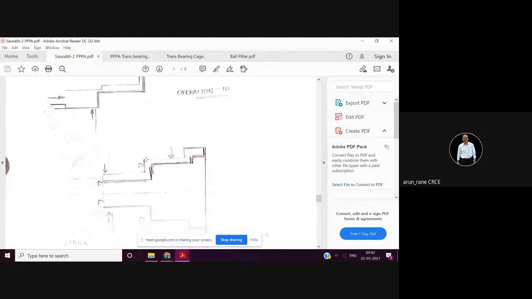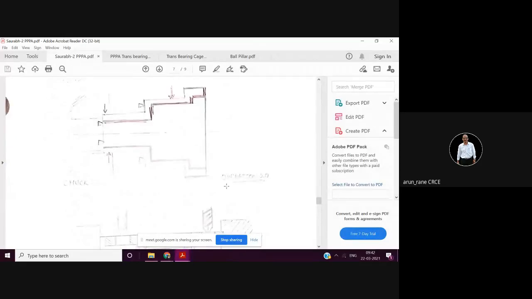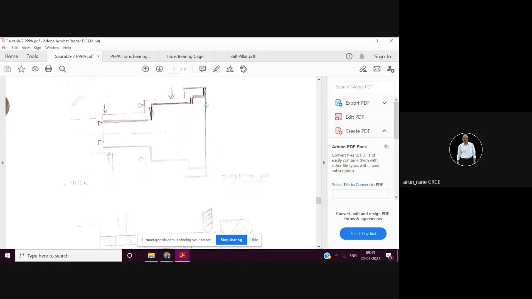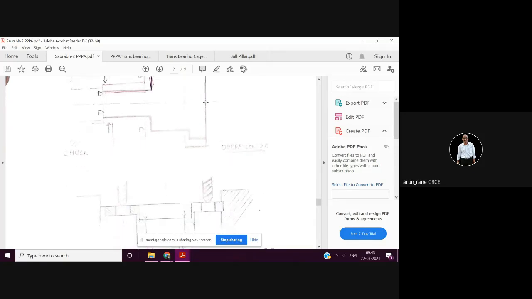That is what is this now. Look, operation 20, right? So either you can locate here or you can locate here also. That's correct. So now your jaw will be like this, and like this, and like this. So this is the operation in 20.